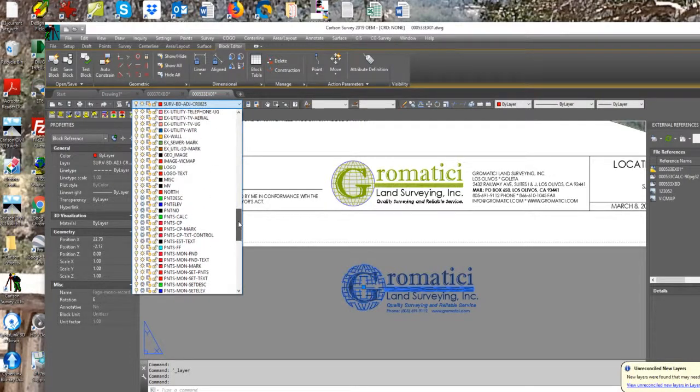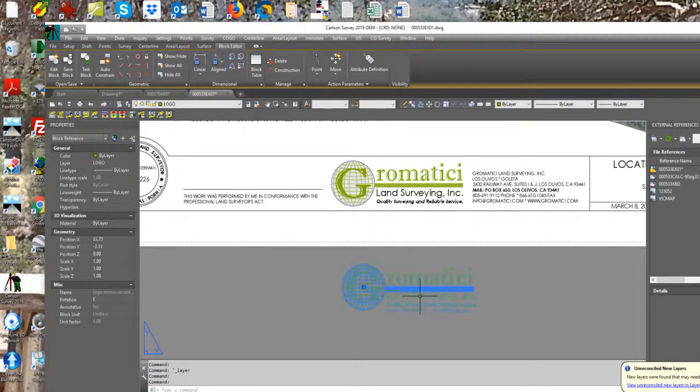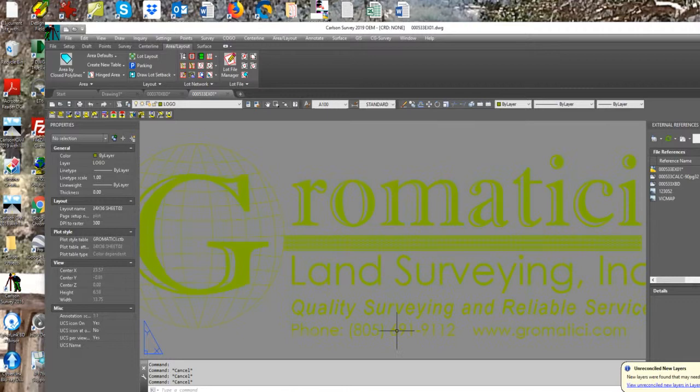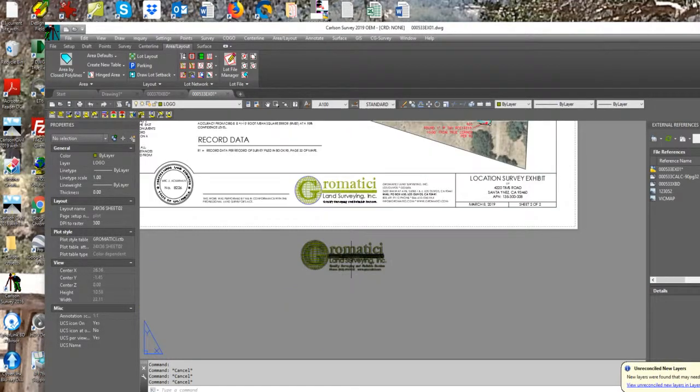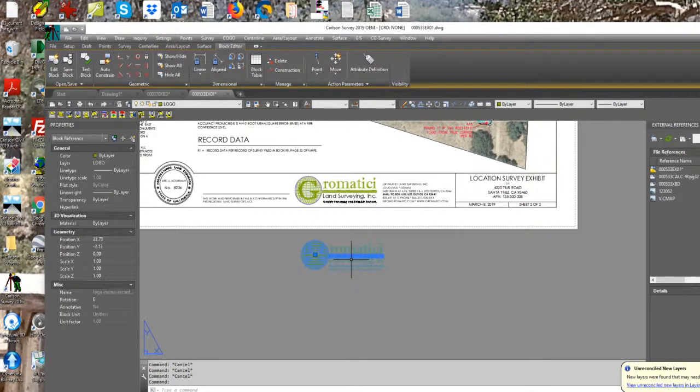we'll just make it. And I think the way I have this drawing set up is it would actually come in that color. And I said drawing, I meant block. So we'll just make sure the block is